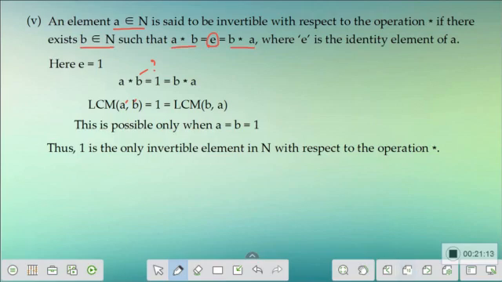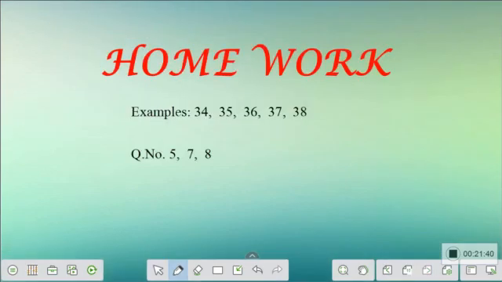I hope you are able to understand how to perform the operations with the defined binary operation and how to check whether the given operation is commutative, associative, and the existence of identity and existence of inverse. This session is mainly to make sure you understand how to find out the identity element and also the invertible element in a given set. Now, have a practice with all these problems so that you can try out the remaining problems which I have mentioned here for your homework.